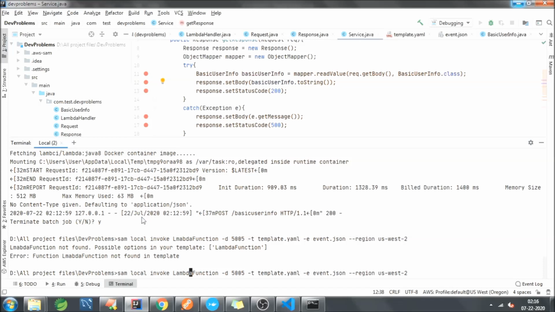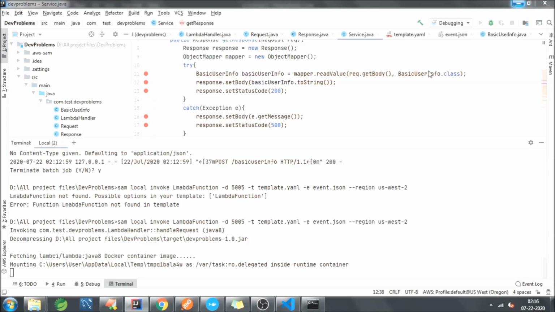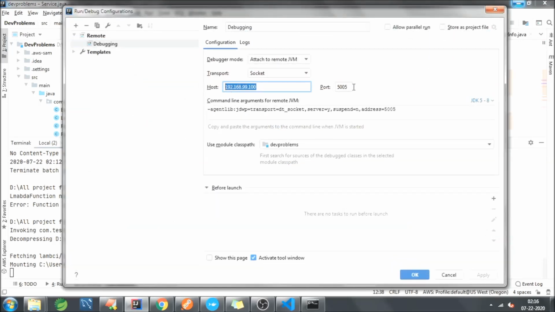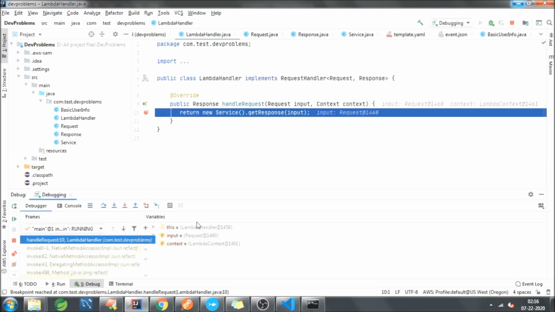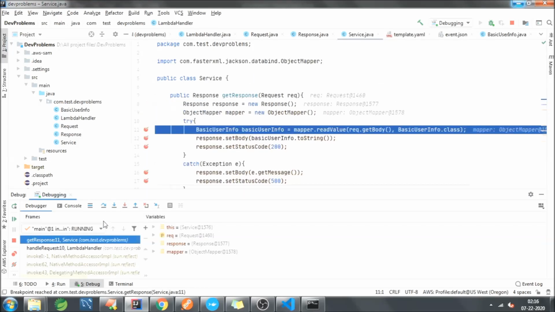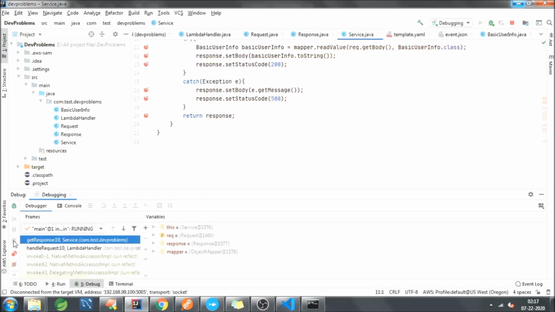Lambda function. Okay, now we won't get any response over here, as the Docker container will start in debug mode, and once it is starting in debug mode, we need to attach the debugger. Make sure you have the configuration that I have shown you. The host should be your Docker machine host and the port 5005. As you can see, there won't be any response because Docker has been started in debug mode. So I will attach the debugger, and now it is connecting to that machine, and our debug has been started. This is how you can debug your Lambda.